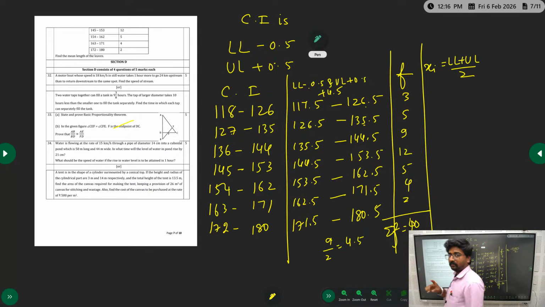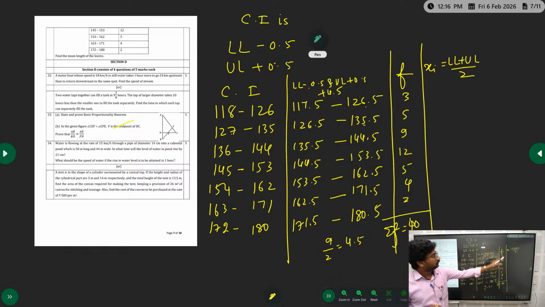Please remember this technique. Don't waste your time adding and dividing by 2. Just see the subtraction, the class width. What is half of your class width? You have to find the midpoint, that is what class mark says: lower limit plus upper limit by 2. I am doing it with class width. Fine. So 9 by 2 is 4.5. Now add